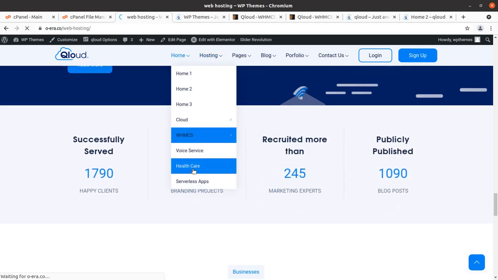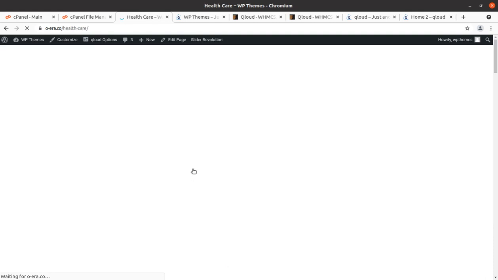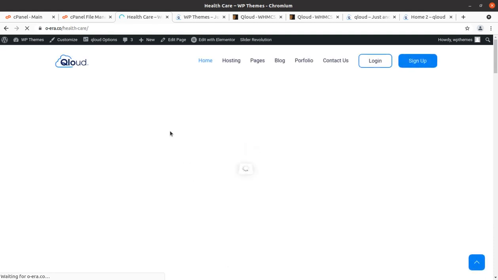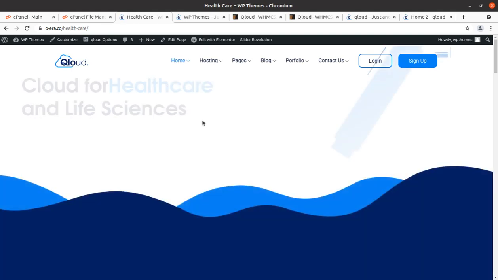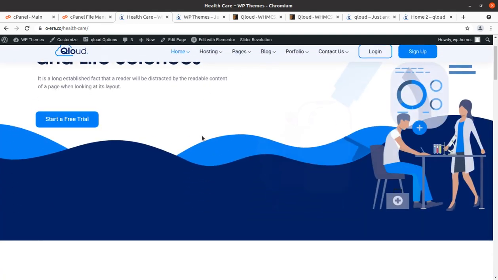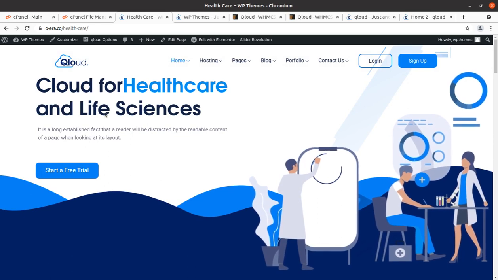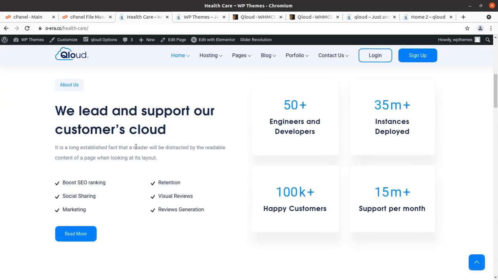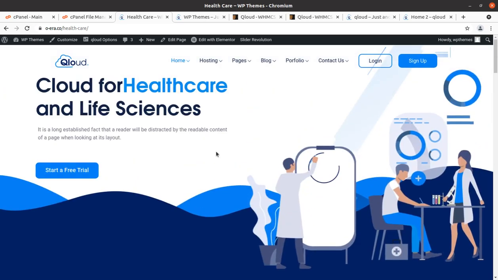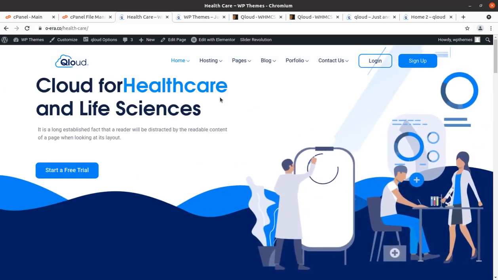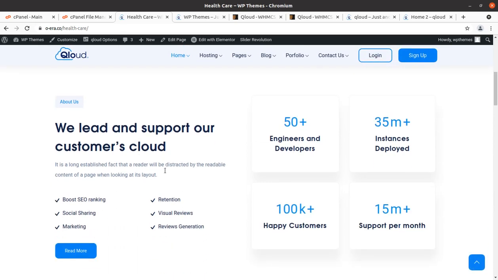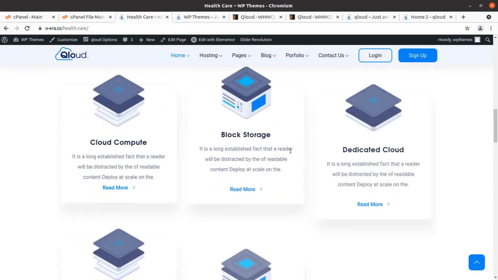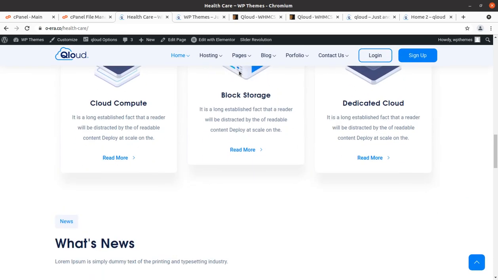So we can check the healthcare page, just in case you want to use QLoud for healthcare services. Okay, so cloud for healthcare and life sciences. Okay, this is basically not exactly for healthcare, this is for healthcare cloud services. So there might be certain businesses needing this feature, so this is again wonderful.